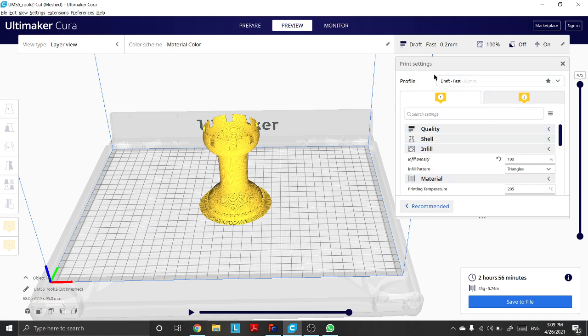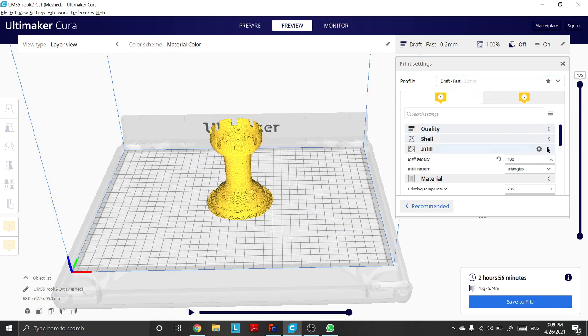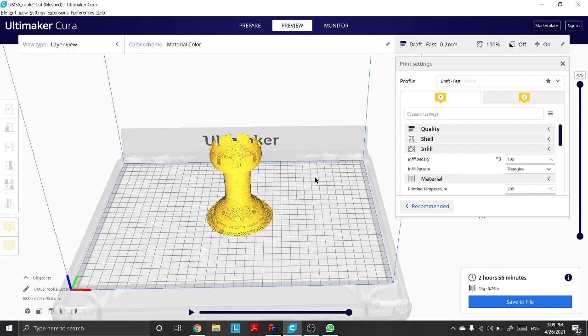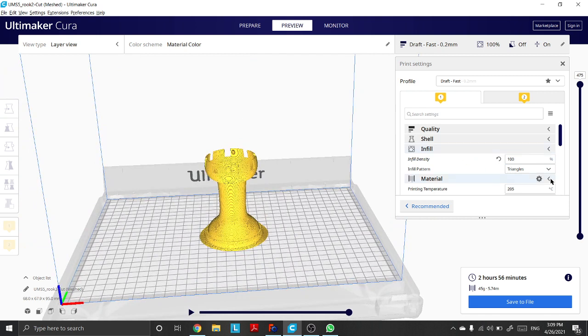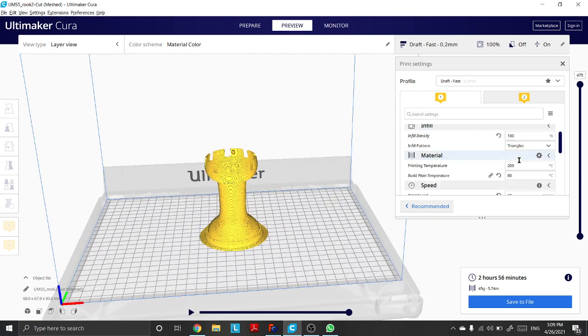So here in the profile option I selected the draft print, which prints at a thickness of 0.2 mm. And after that, in the infill option I selected 100% because it's quite a small tool and it's also hollow from the top, so there is not much material needed, and so 100% could be used.